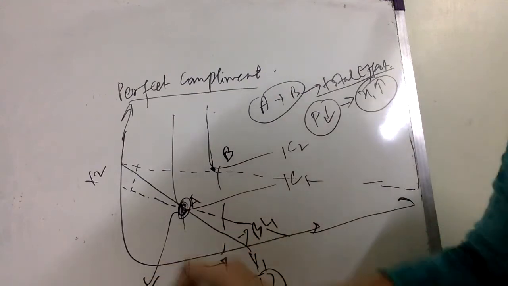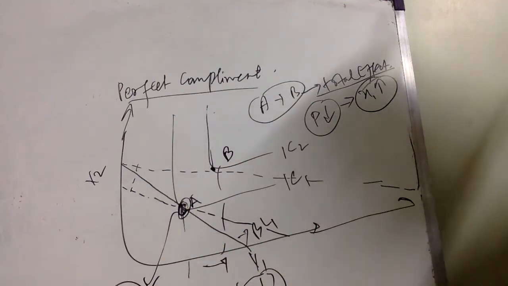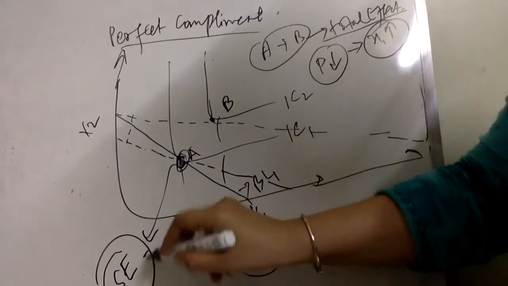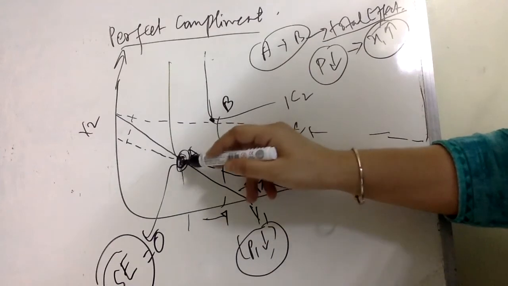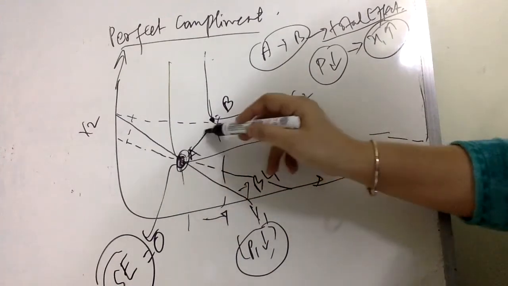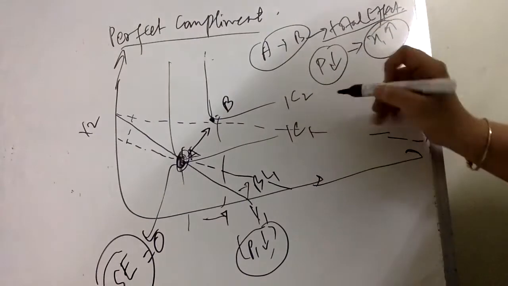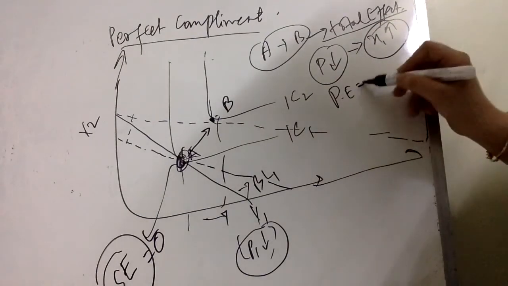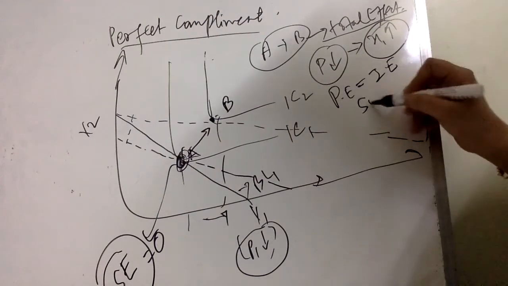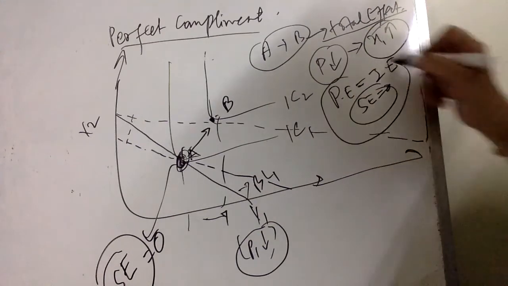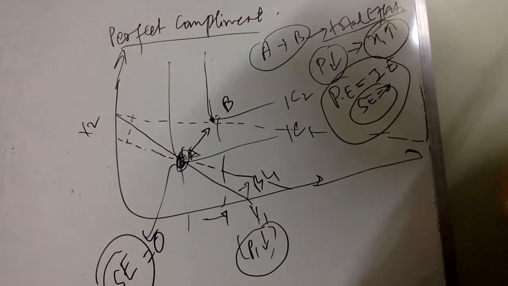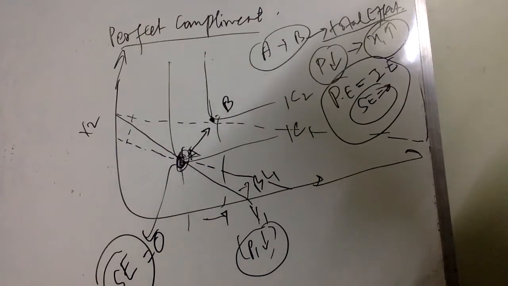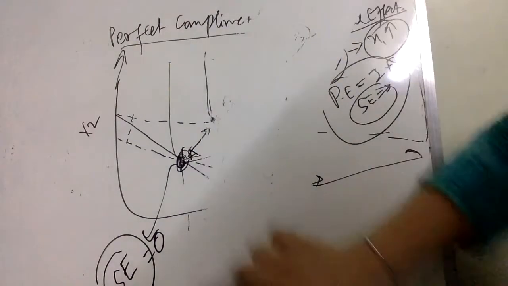Substitution effect in the case of perfect complements is actually 0. Substitution effect is 0 here, and the income effect is entirely visible from this bundle to the B bundle. The entire price effect is equal to the income effect, because the substitution effect is 0 in this case. So this is the case with respect to the perfect complementary case. Next I'll discuss the perfect substitute case. I hope it's clear.